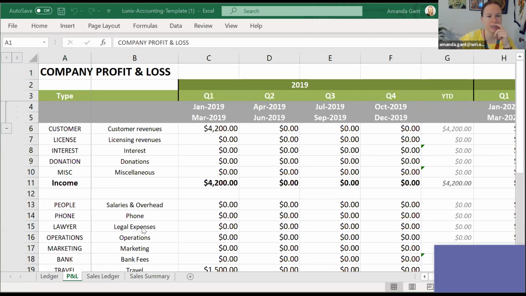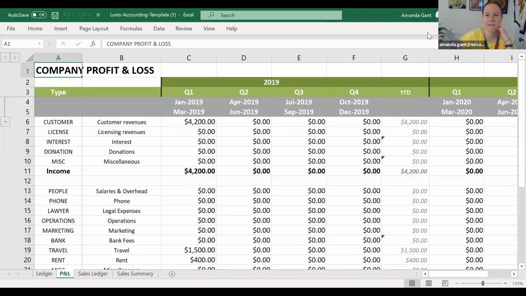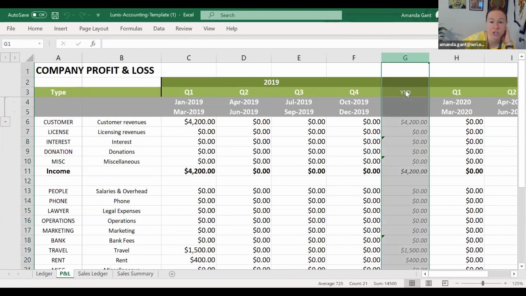Let's just see what has gone through from the ledger to the profit and loss and how it looks. So this profit and loss is structured by quarters. Some of them are structured by months, and sometimes you just have the annual one. I'm going to close the chat box now so I can see more. And so sometimes you just have the annual one, which in this case would be column G. And it tells you by time period in what category different